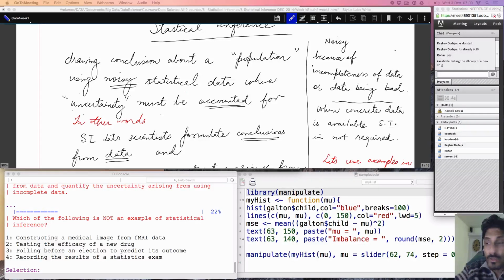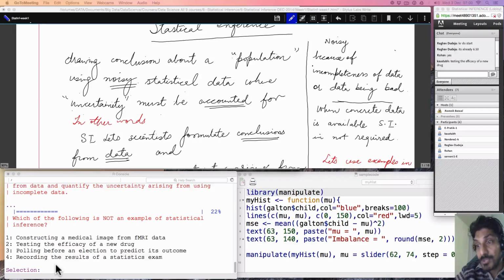Right. So just by looking at it, you can make out the complete data will be only in the case of the exam, right? Because every student is giving the exam, and I'm recording those results, right? Though it looks like statistics exam and that can be confusing, but in reality that is the only one which is complete data. But let's look at each of these individually first. So now MRI data will not be complete, right? It just captures some data and then from that you're constructing the image, right? Now testing the efficacy of a new drug. Efficacy means how effective it is, right? So you're not giving it to every single patient, you're just giving it to some patients. And from the outcome that you get, you're concluding that this drug will be good for the rest of the population, right?